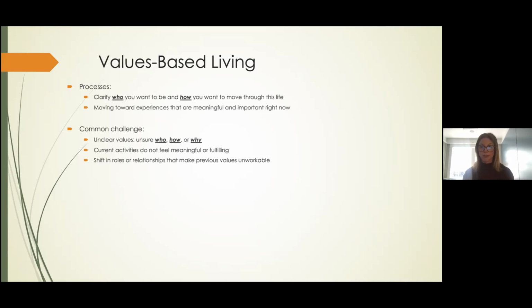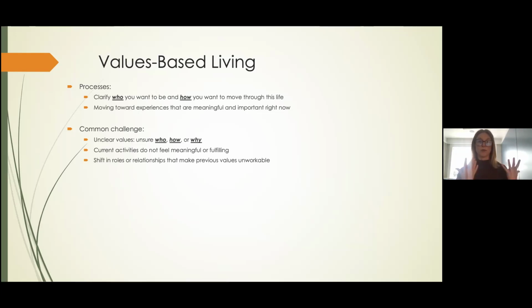There are some common challenges, and this common challenges section is what we would notice about someone, how we might notice that someone is not connected to values. Because people can come into therapy being very clear about their values and noticing that there is a disconnect maybe between what their values are and how they're living, or maybe values isn't even the issue. Across that hexaflex, people can get stuck at any one of those 6 processes, but it doesn't have to be all of them.